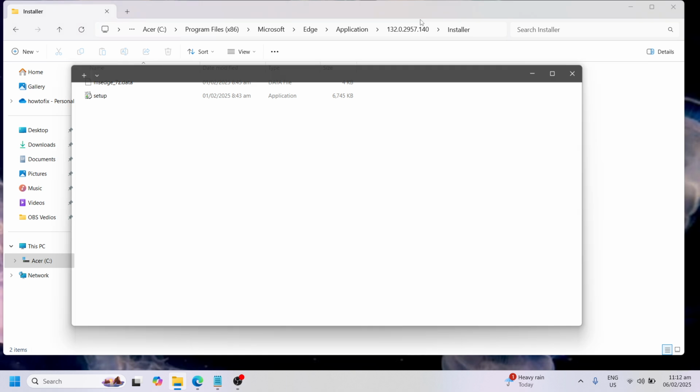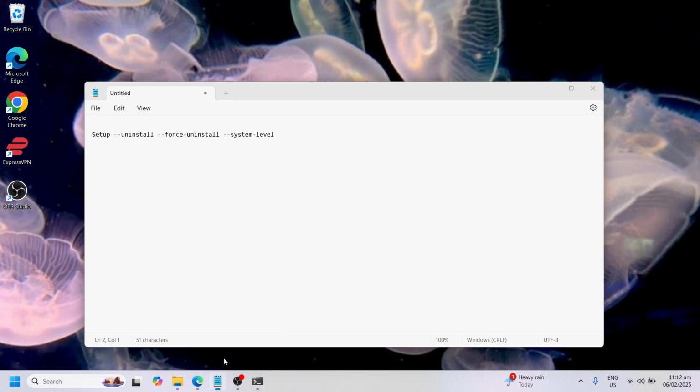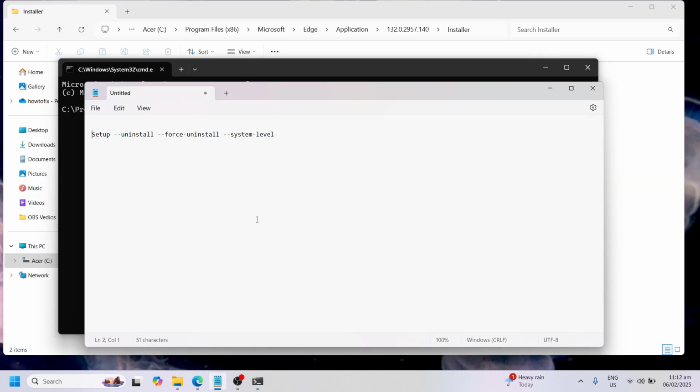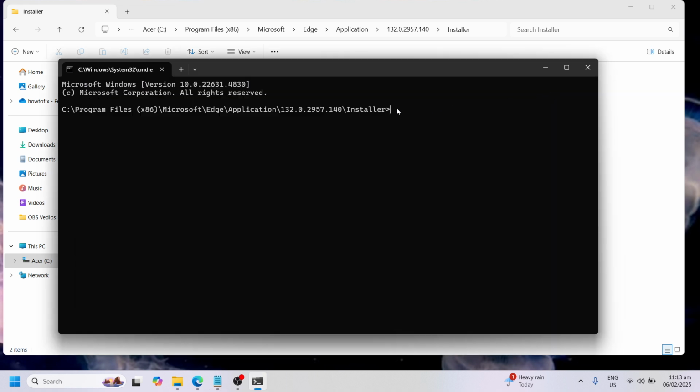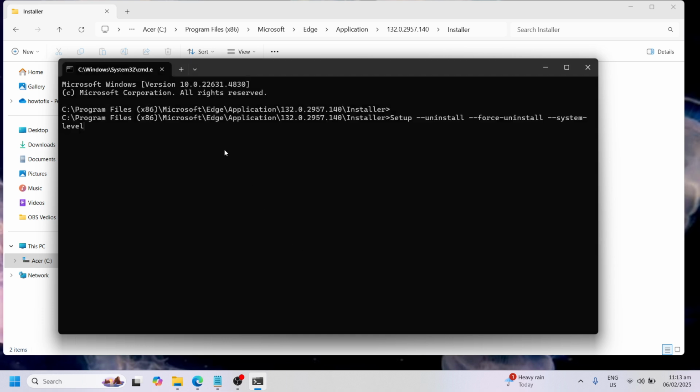Click on enter and this new window will appear. Here you need to type the command. So I'll just simply paste the command in my description box below. Just have to Control A to select all and Control C to copy and then just minimize this and here you need to Control V to paste. Okay? Then paste anyway. Then here, once you click on enter,